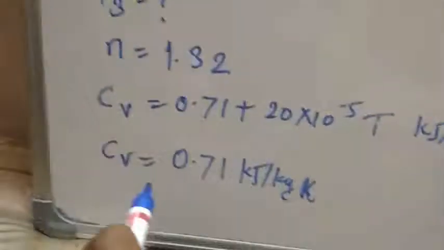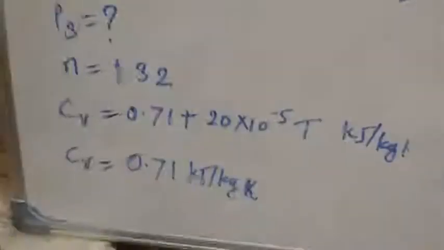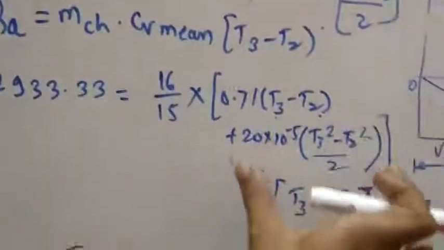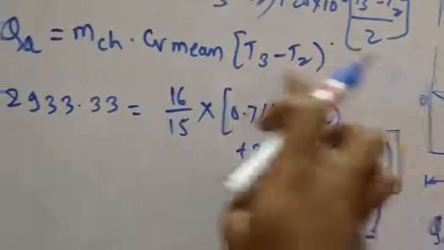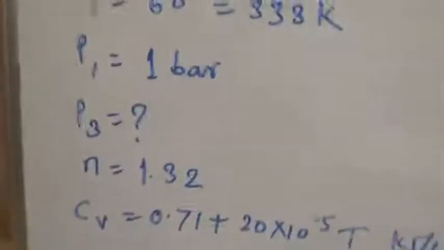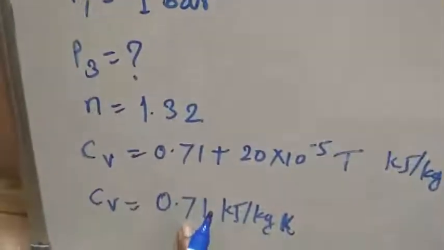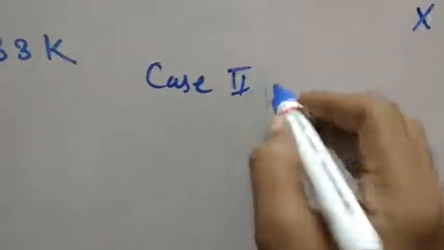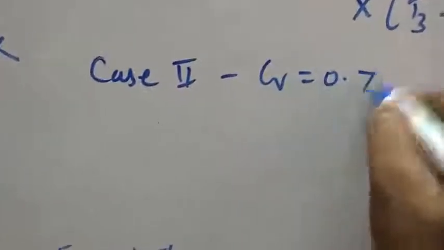Now we will go for the second case, when the CV remains the same. What will the change be? This will remain the same. Instead of the CV mean equation, I will put the CV as 0.71, and T3 minus T2 as it is. From that I can get the T3 value. So for case 2, that is CV equal to 0.71,